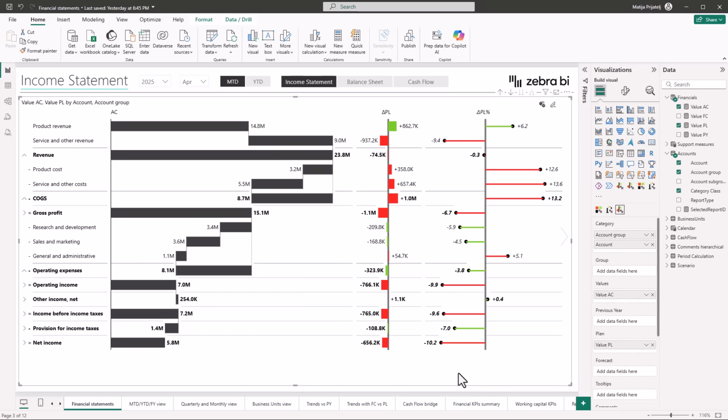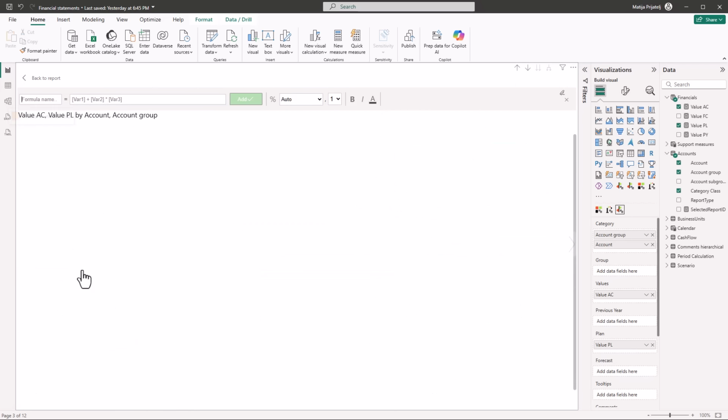After seeing this, I think that we could benefit from some extra calculations. And we can add the non-visual calculation straight to the Zebra BI visualization. We're going to go here to gross profit, right click, and we're going to add a formula. This is going to open a formula editor for Zebra BI, and we can just name our formula now. This one we're going to name